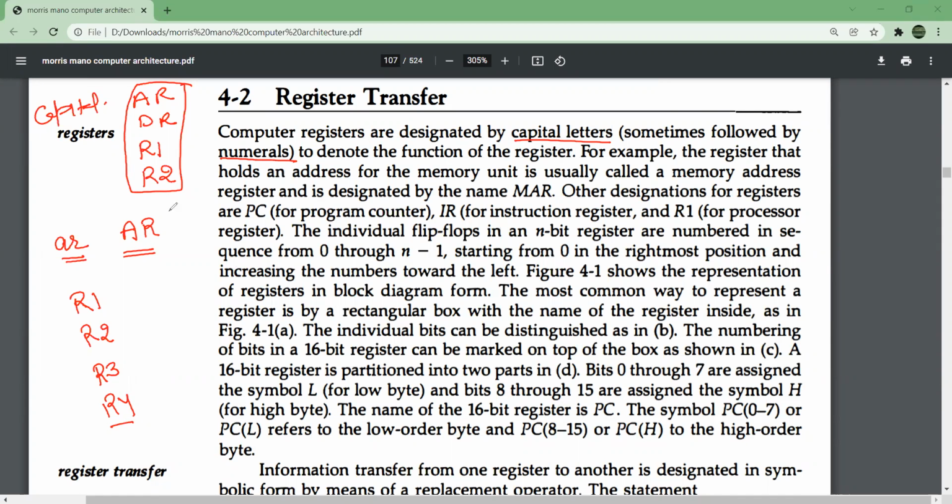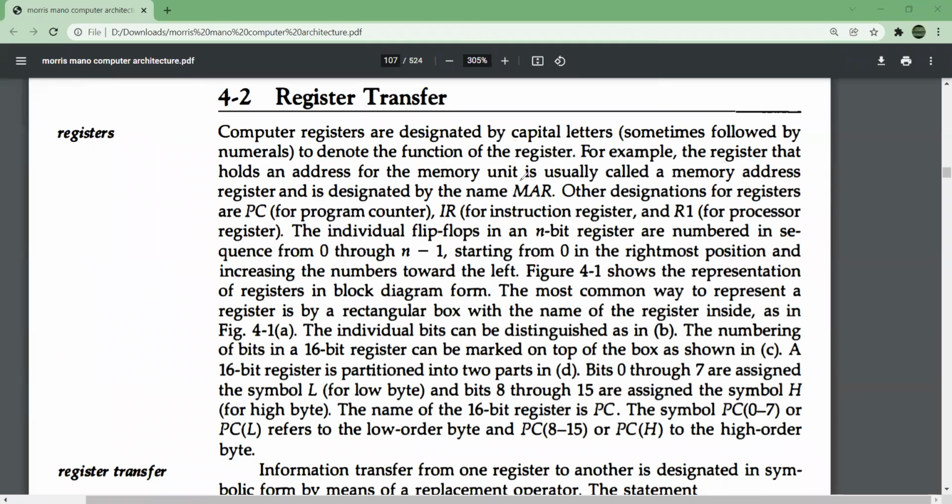Sometimes, not all. When I am talking about address register, there is no need to number it. When I am talking about data register, there is no need to number it. But for temporary registers for storing the data, you can definitely number it. So what we have is computer registers that are designated by capital letters, then followed by some numbers to